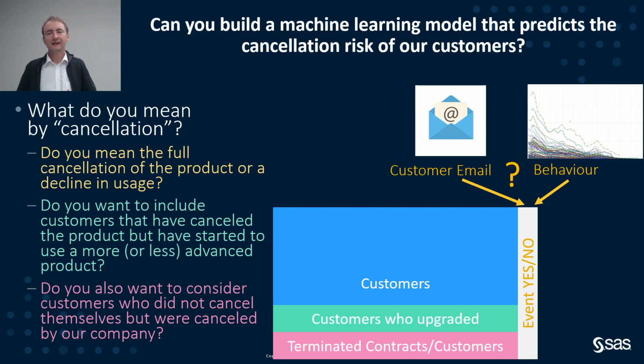On the other side, when we do not have a hard fact whether someone canceled, we need to derive it from the customer behavior. We maybe need to define what is a non-usage or such a low usage of the product that we can consider that the customer has left us. In the second case, you maybe need to run analytical methods, or you need to define certain rules which derive this from transactional data. So we see again lots of business focus being attached here, also the technical thing of bringing data together.